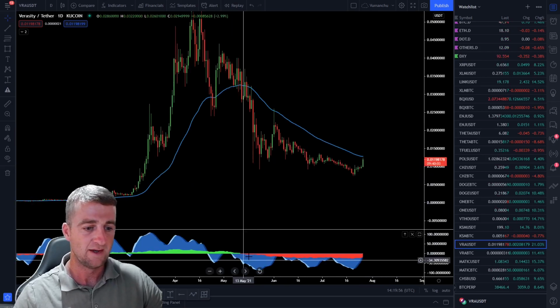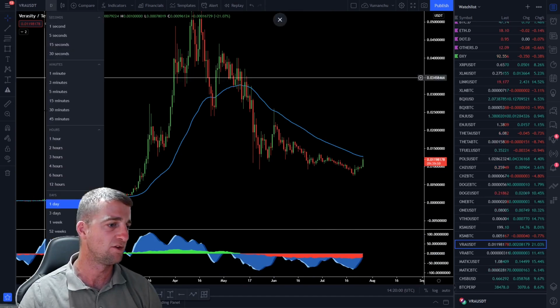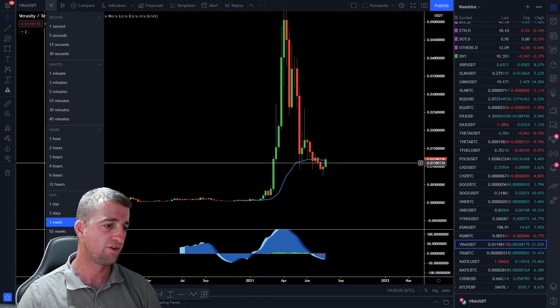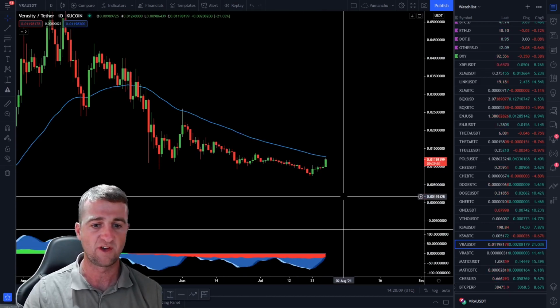So in terms of PA, same scenario. The money flow on the daily time frame is in the red. Let's just have a look at the weekly. Yeah, money flow is in the red too. So for me, this is a great opportunity to potentially buy under this average. We're currently at